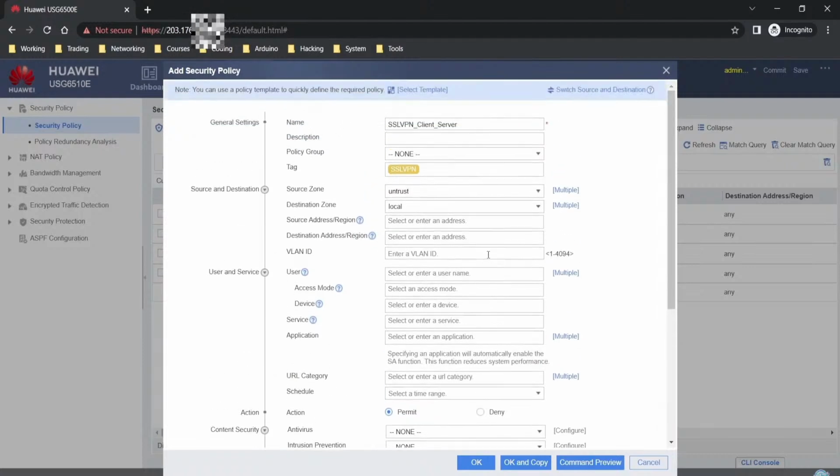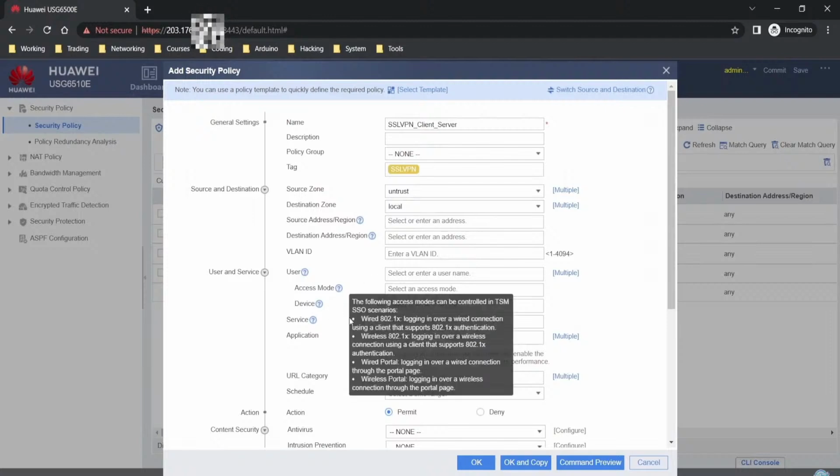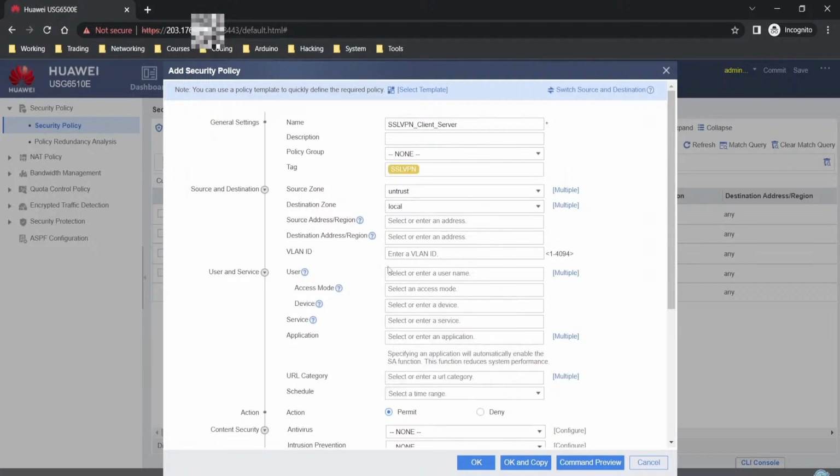Sorry, what port at the moment? I'm forgetting. So here I'm not specifying it; I allow any. But when you configure the SSL VPN, you need to allow outside to local and outside to trust, right? Because